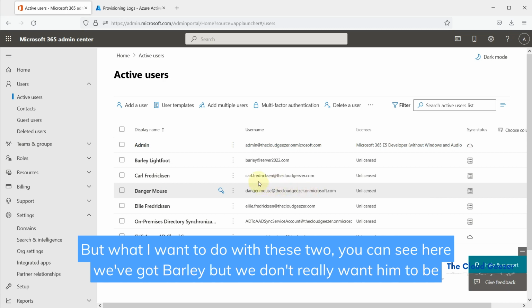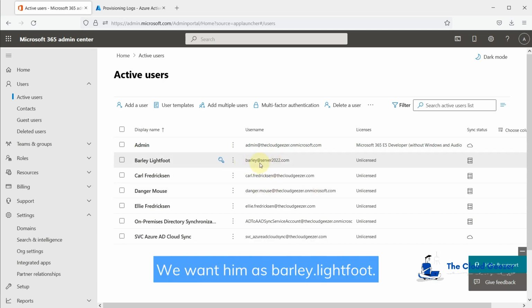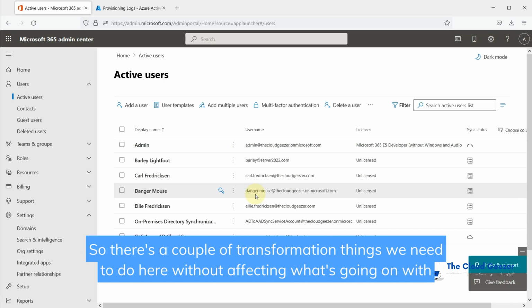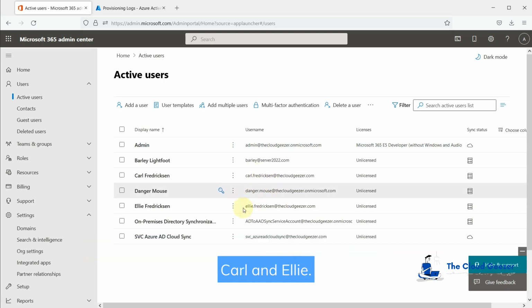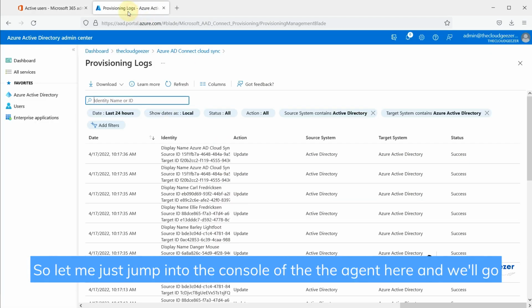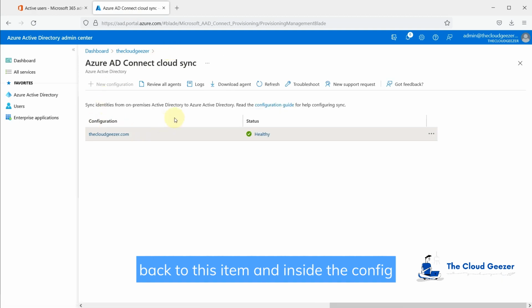But what I want to do with these two, you can see here we've got Barley, but we don't really want him to be just Barley. We want him as barley.lightfoot, and also we want Danger Mouse to be applied with a cloudgeezer.com as well. So there's a couple of transformation things we need to do here without affecting what's going on with Carl and Ellie. So let me just jump into the console of the agent here,